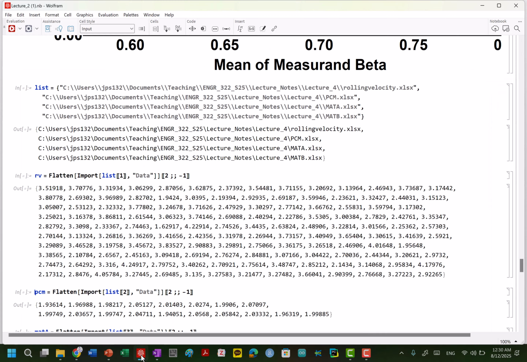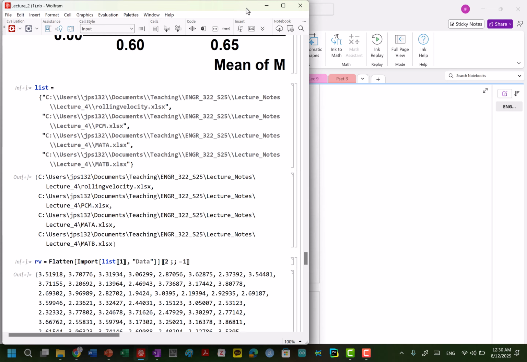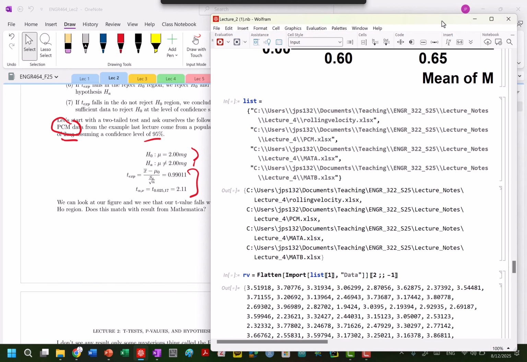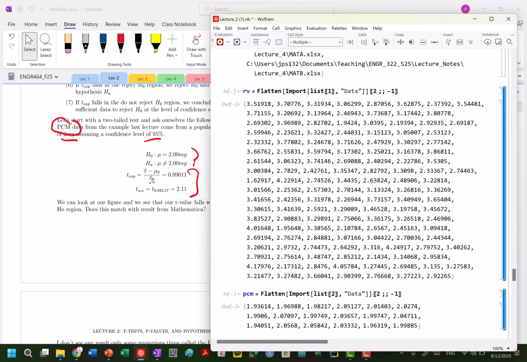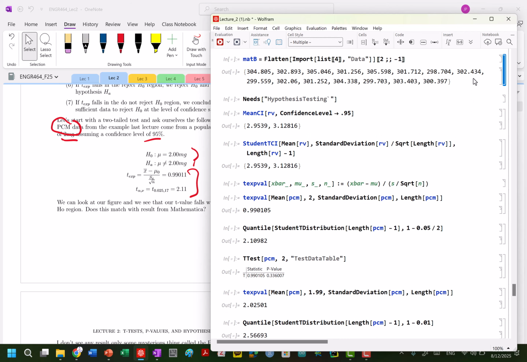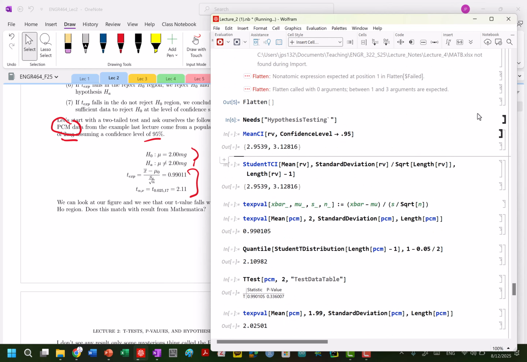So let's go ahead and do it. I've got some data files here. Let's see if we can work side by side. That'd be the nicest. So let's go ahead and get this set up. We've got our data file. V is our rolling velocity, PCM, material A, material B. We're going to read in our hypothesis testing. And one thing that we can do right off the bat,